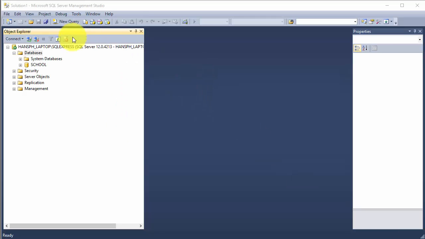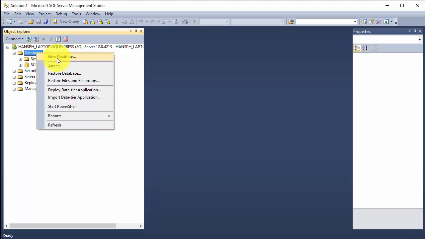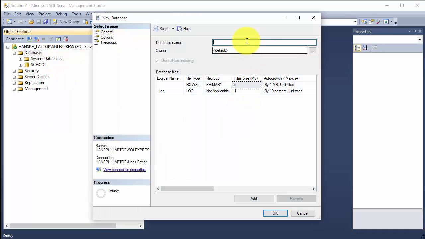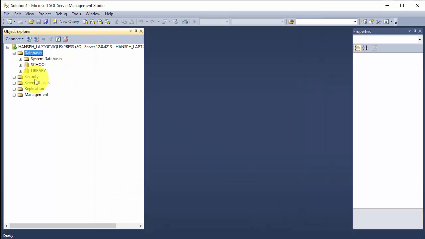So now we are inside Microsoft SQL Server. Here on the left side we have the databases. So you just right click here to create a new database. And since you are dealing with books and chapters, we could create a database called library or something like this, and just click OK. And then the library database has been created here on the left side,